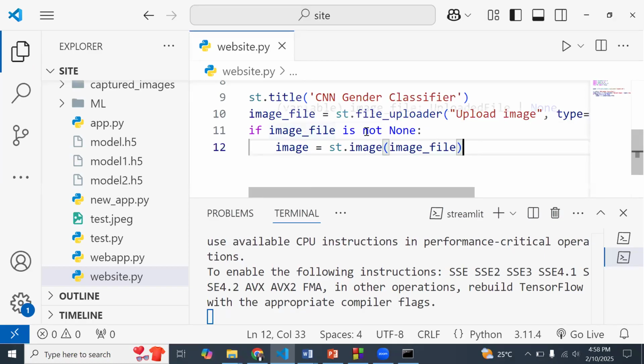So we are saying that if the file image is not none, that means something is actually selected, then I want to have that image previewed.